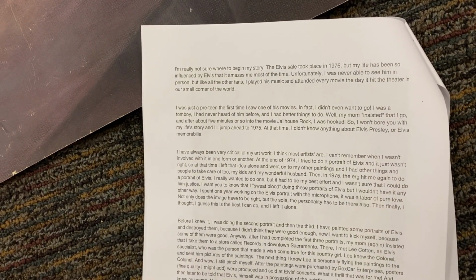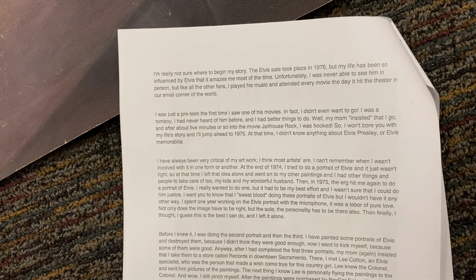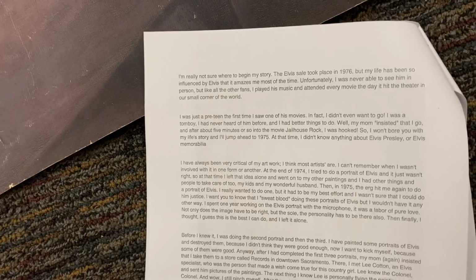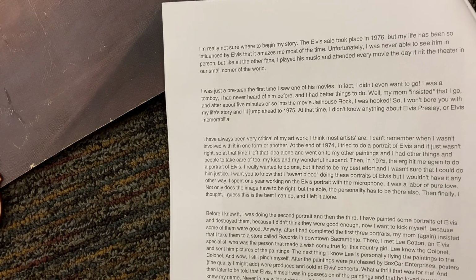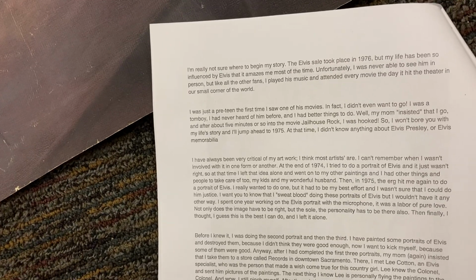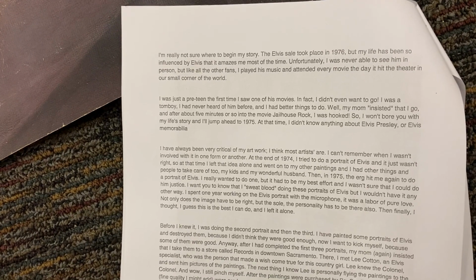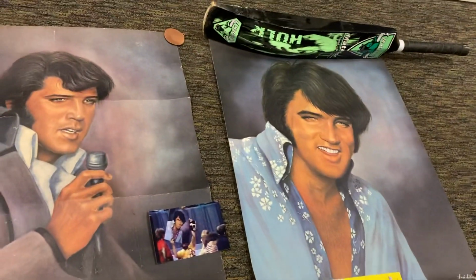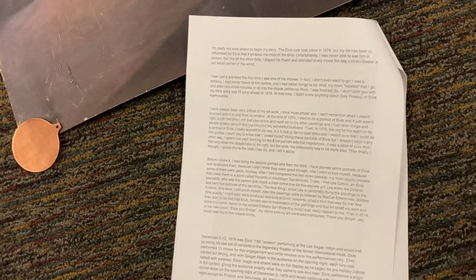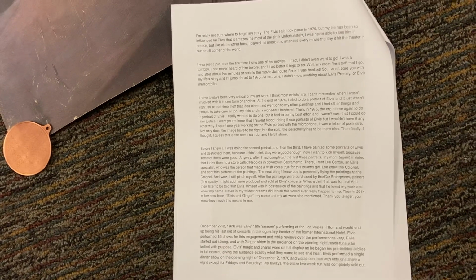But anyway, a brief synopsis of what she did. She was an artist. She did some Elvis paintings starting in 74. She really didn't like them. And she got introduced to Lee Cotton, who actually wrote a book about Elvis, or some books, I believe. And he knew the Colonel, and he somehow got hold of one or two of her paintings, and he sent the Colonel photos of her work, and I believe it was these two. And before you know it, the Colonel reached some kind of agreement with her, and they started selling these at Elvis concerts in late